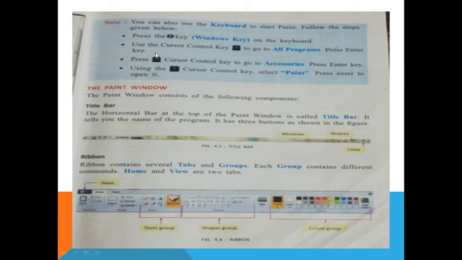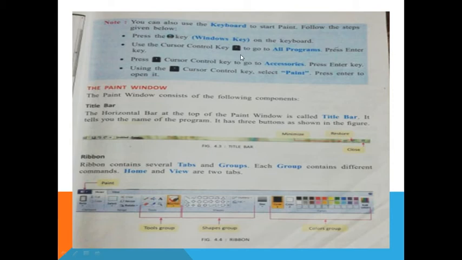Press the cursor control keys to go to Accessories. See, the symbols are there, so you will use those symbols also. Use the cursor control keys, select Paint, and press Enter to open it. See, the same method is there. Here it shows the Windows key and the control key.